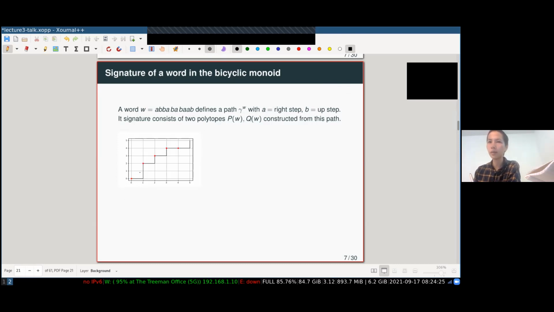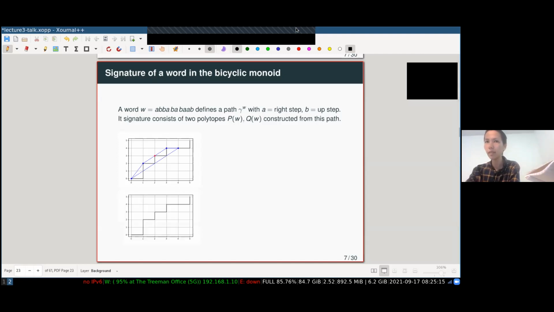For the first one, we have this staircase, and we imagine it as a histogram of a function that goes from x to y. So this is x space, this is y space, and I want to turn this into a function, so I look at the picture from here. For each x coordinate, I just take the highest possible y value on the stair. As a result, I end up with these red points, and I ignore the last point here. This is a technicality. Now with that, I take the convex hull of the set of points, and that's my first polytope